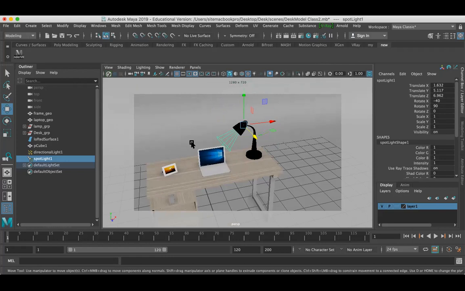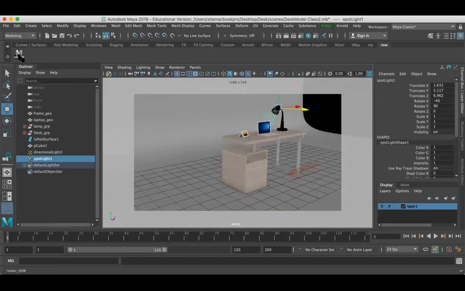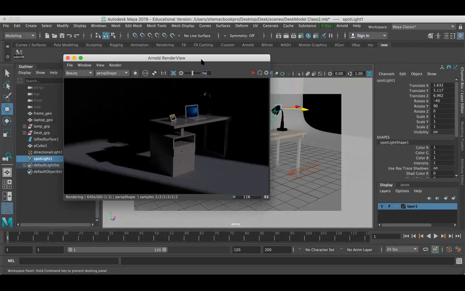Now let's switch to render view. I want to switch to render view, and I cannot adjust it manually, so we have created a render view preset here. Just click here, and you will switch back to your view properly. Now I just hit render. Here we got some light, but I cannot identify my light.